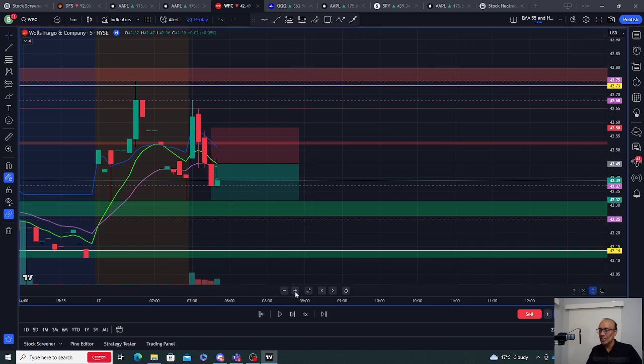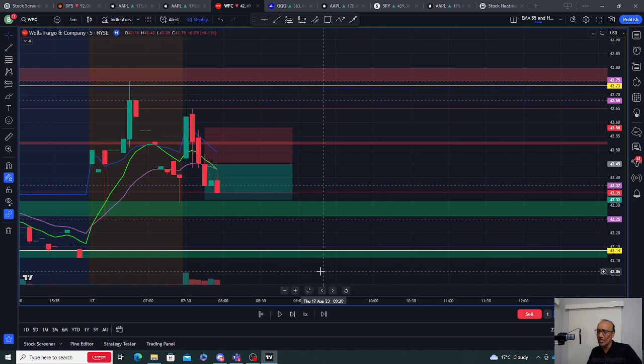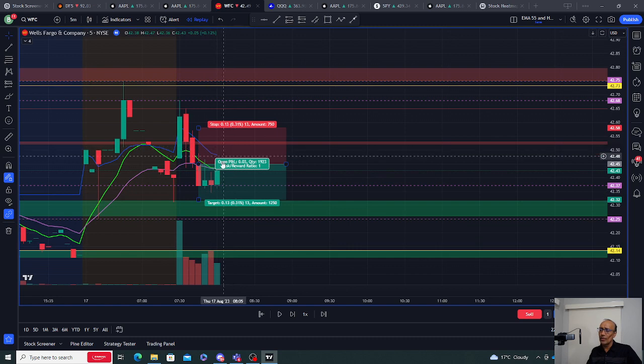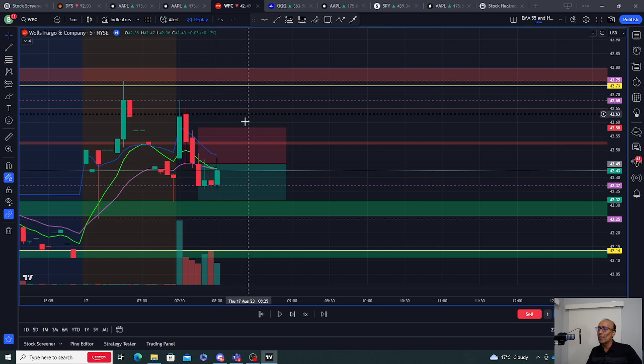Buyers seem to be taking it over, so I'm watching this very carefully. This one is an indecision bar, so I'm not doing anything here, and I'm still watching it very carefully. Now at this point, I feel like this is actually going to move backwards. It pulled back, had a bit of an indecision candle, and it's going to keep going up,